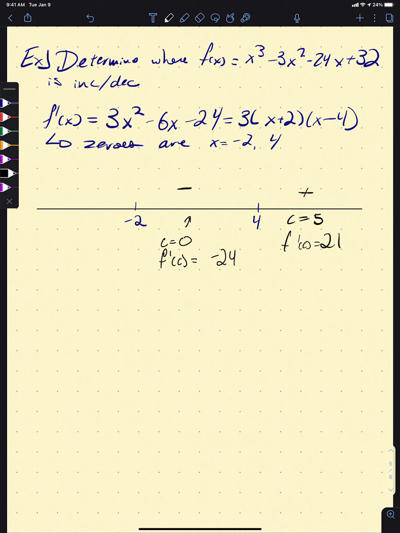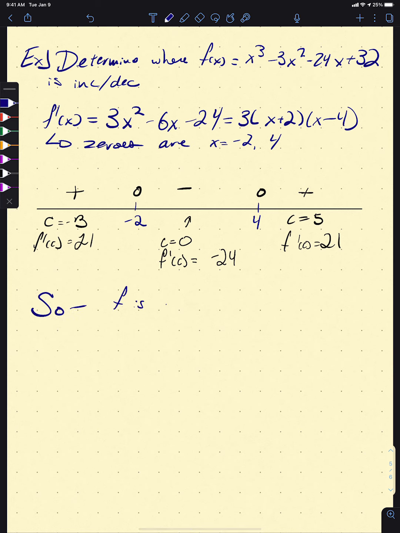And then for this last one, why don't we just choose c equals negative 3. And what's that going to be? Well, we're going to have negative 1 times negative 7, and 7 times 3 is once again 21. Okay, so then this is positive. So what that tells us, since it's 0 here, positive on this interval, negative on this interval, and then positive again here,